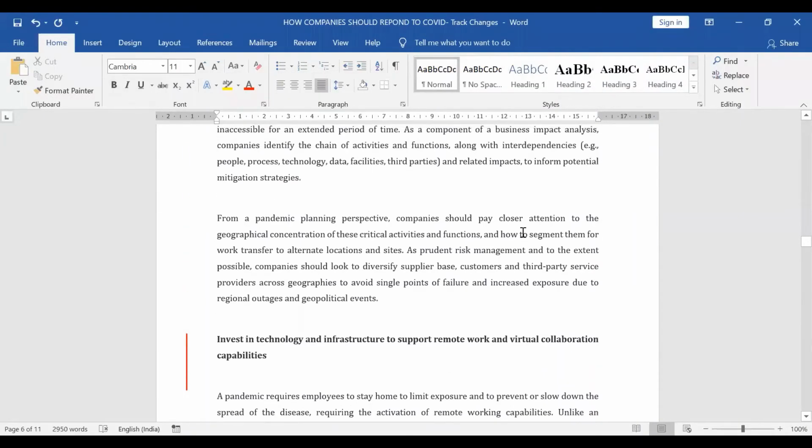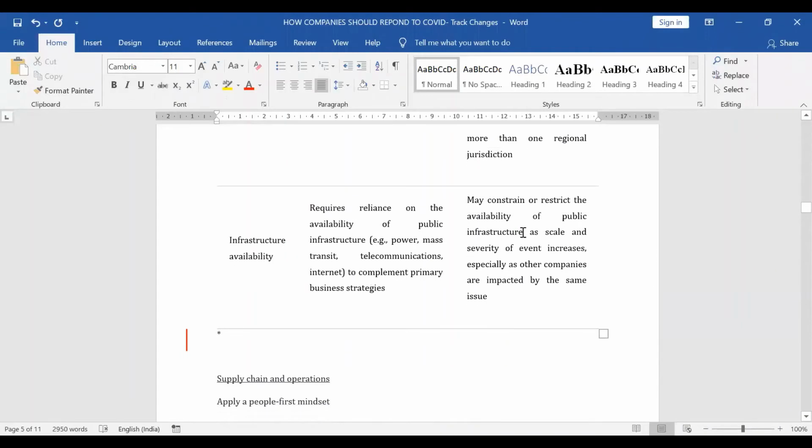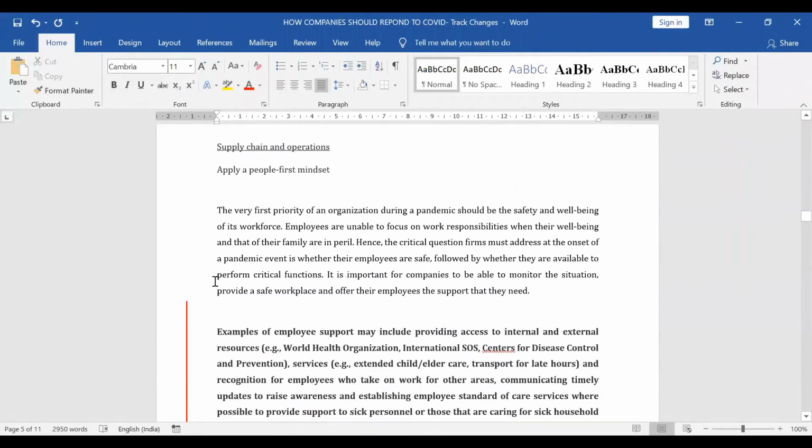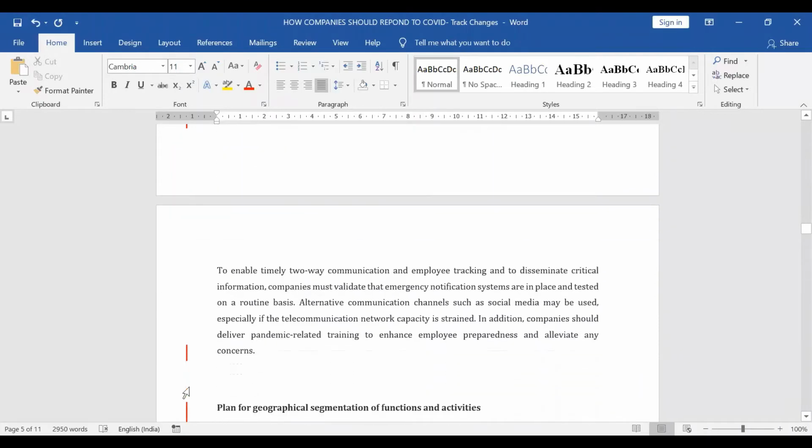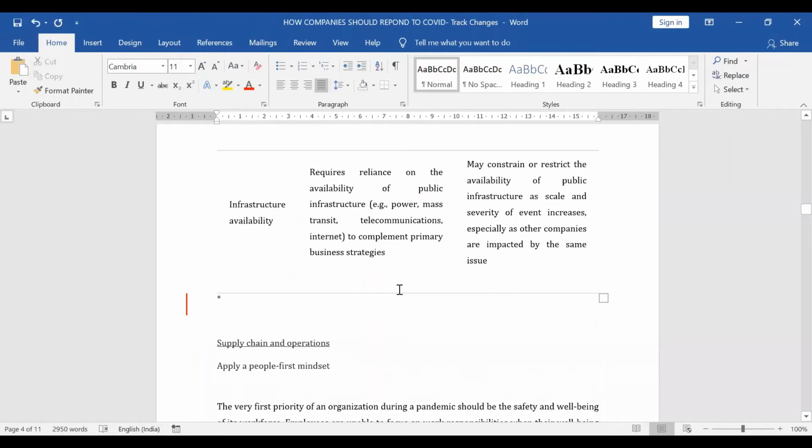Now, as you can see, wherever we have made any change, there is a red line running parallel to that paragraph. This indicates that a change has been made on this article at these specific locations.